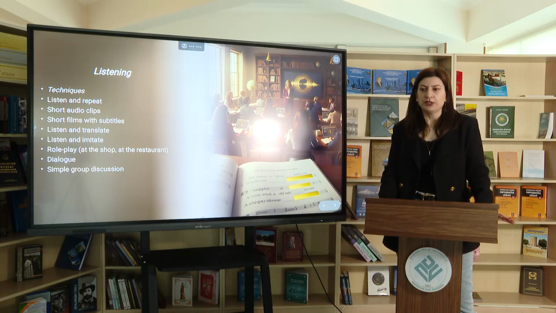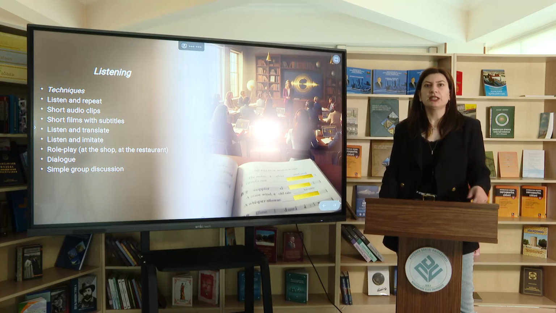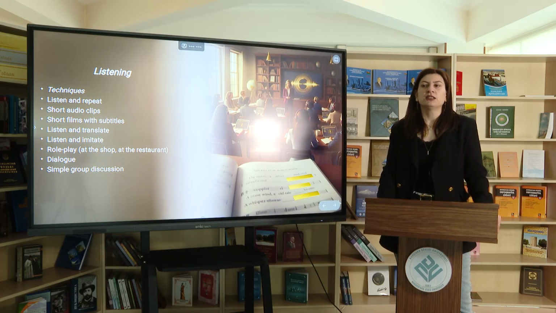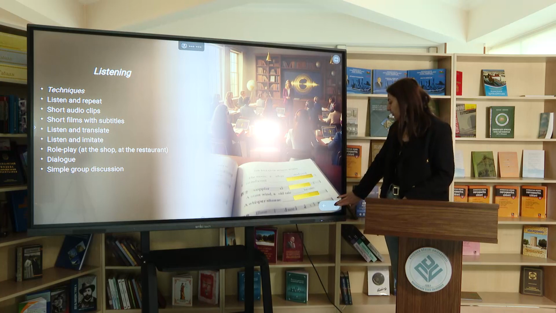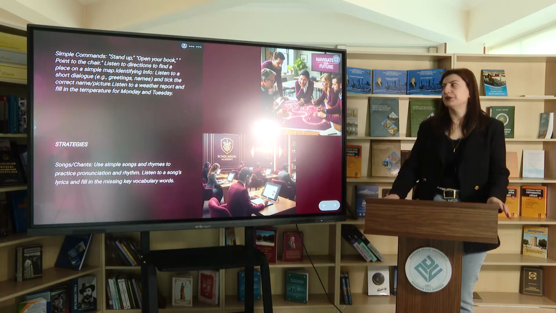For example, we can divide our students into 4 groups, and we can give them a topic interesting for them, and they can make a discussion. This discussion can be a debate-like discussion, and it will help them to use language more effectively.